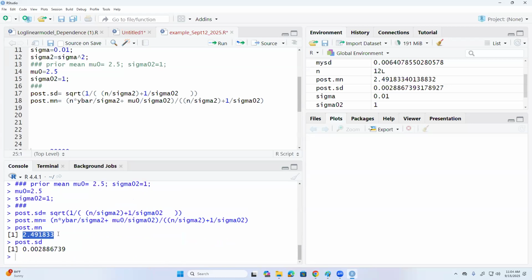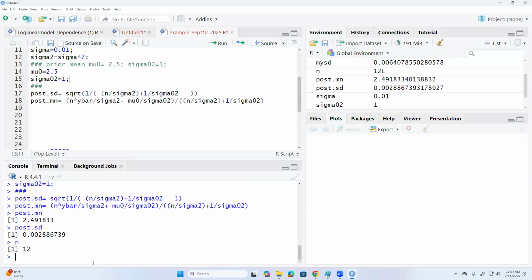Maybe there will be some difference after few decimal places, unless we have done anything wrong in the algebra, but looks like this is correct. Okay, and mu 0 is 2.5. And n is 12. Okay, next thing is a